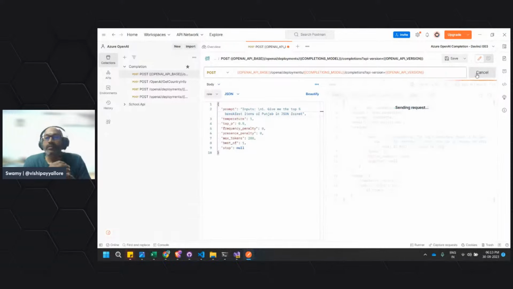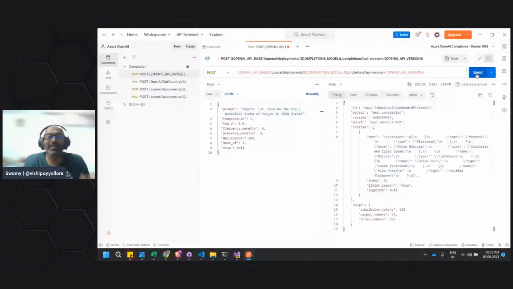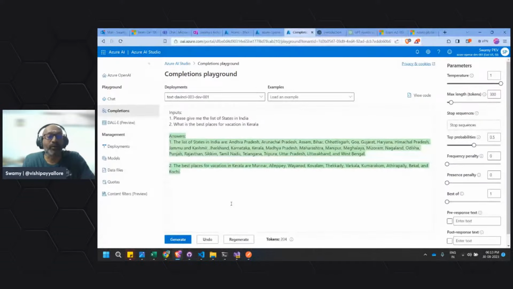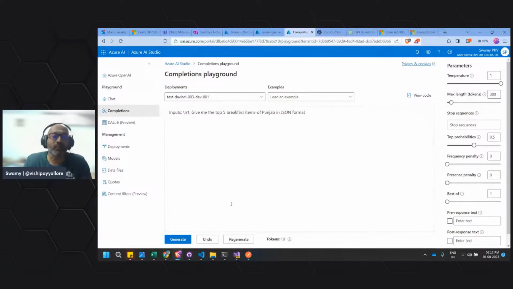We should try different options. Sometimes it doesn't give it. This prompt will be best suited when we try it over here. If you are using it programmatically, this works pretty well. No harm in that, because that will eventually be used by some program. I'll show you the program, how I'm using the OpenAI.